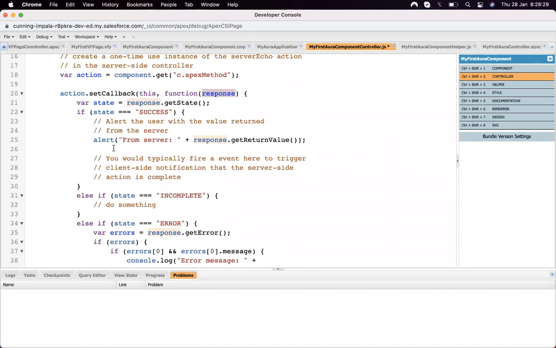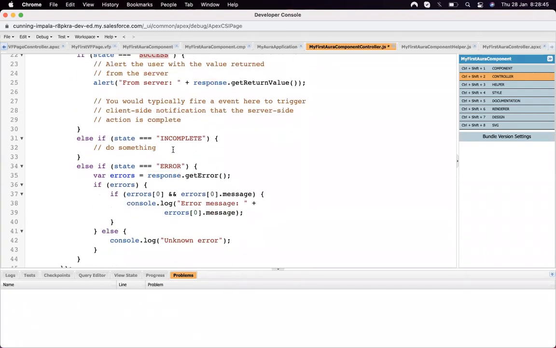We check the state of the response it will provide. It means whenever Aura calls an Apex method, it provides states that are either success, incomplete, or error.